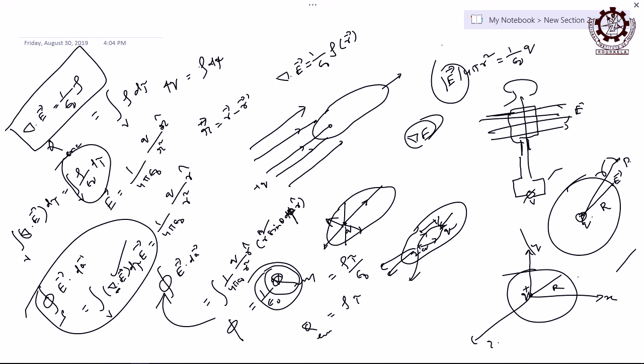So, E will be equal to 1 by 4 pi epsilon 0 times q by r square. If you find the force, put in a unit charge, it is the same as Coulomb's law. So that is the application of Gauss law in many ways. It is very simple when it is a sphere, or symmetric like a cylinder, or any closed surface. You can do it by applying the Gauss law, just imagine a Gaussian surface including that point where you want to find the field.